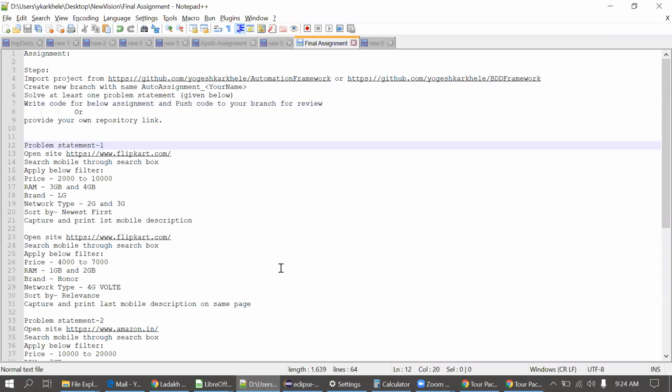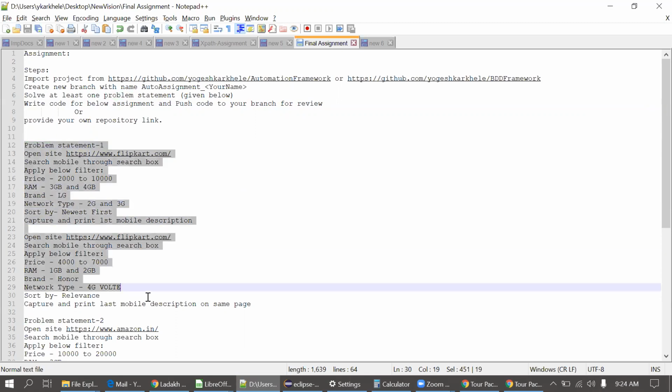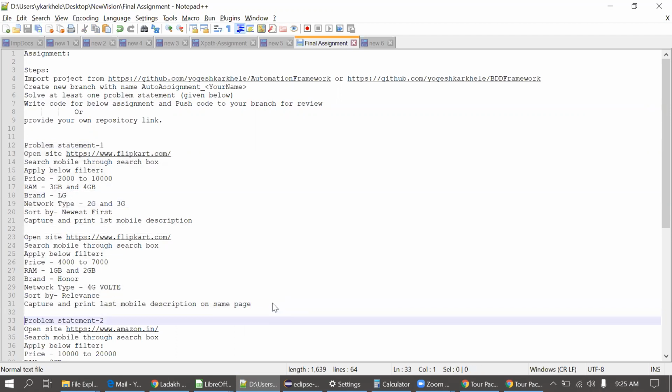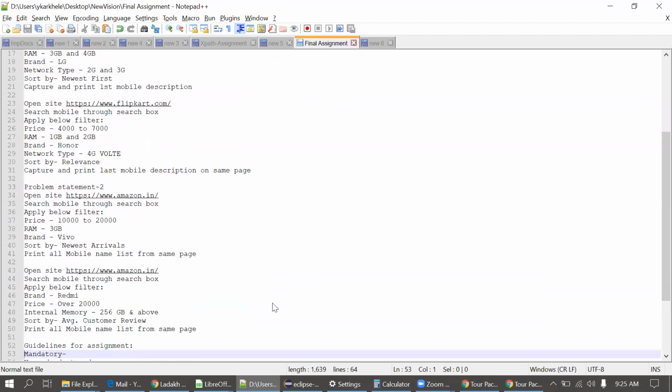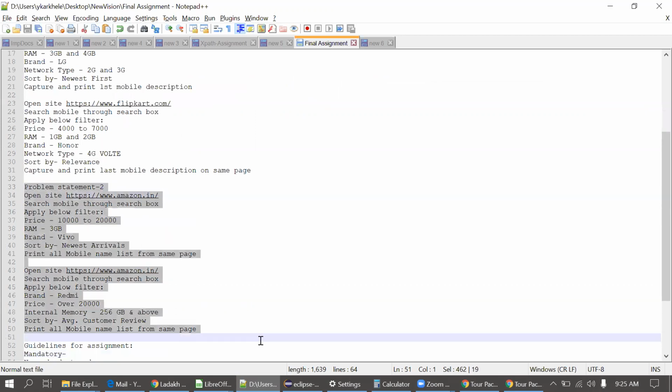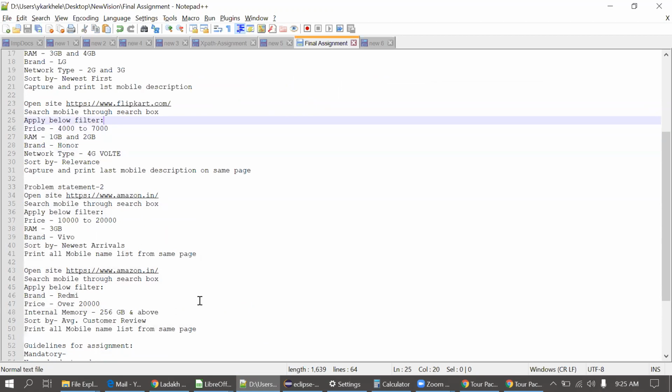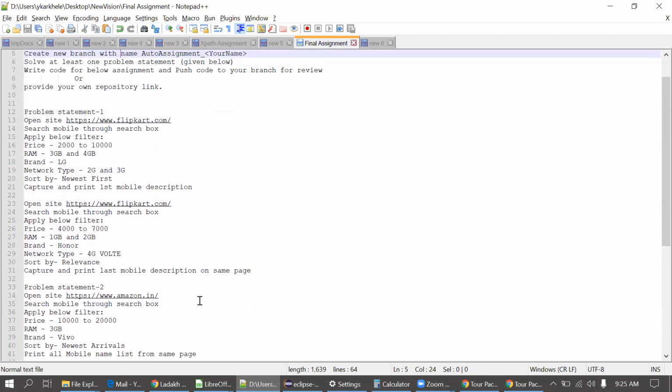You can take a fork or create your own repository, that's your own choice, but I'm expecting the code to be uploaded to the Git repository. There are two problem statements. This is the first, and this is the second. Either one you can resolve, it's your own choice.